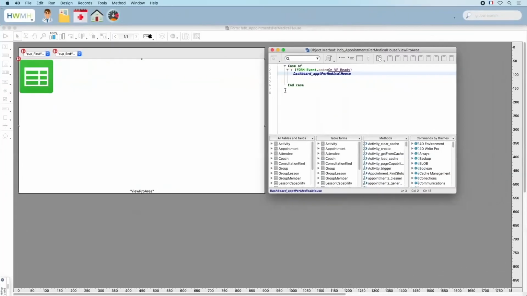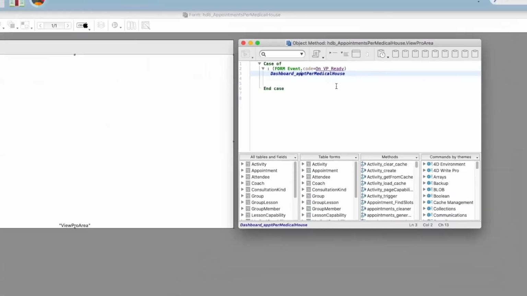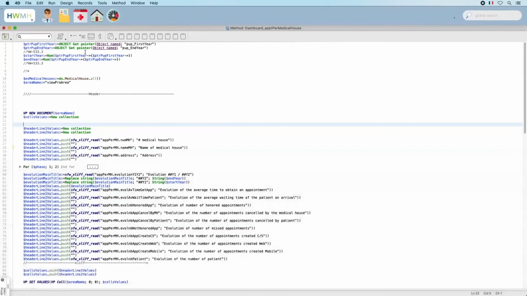Here's the form to display the previous dashboard. It contains a 4D View Pro area to which we assign this object method. We use the event onVPReady to call the project method dashboard appointment per medical house to generate the spreadsheet as soon as the area is ready. We begin here by obtaining the 2 years to compare. Then we get all the medical houses from the database. We assign to the local variable $area name the name of our ViewPro area